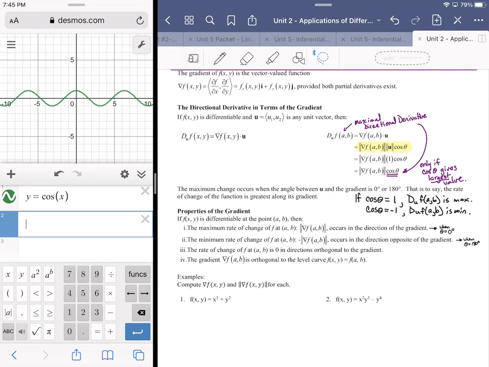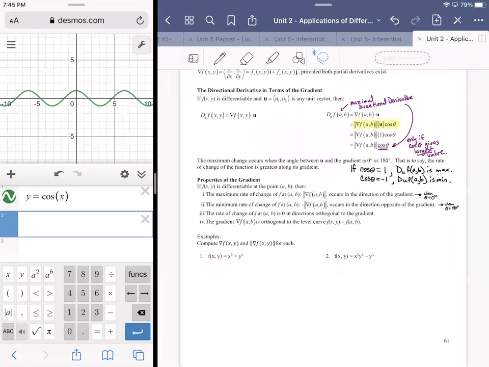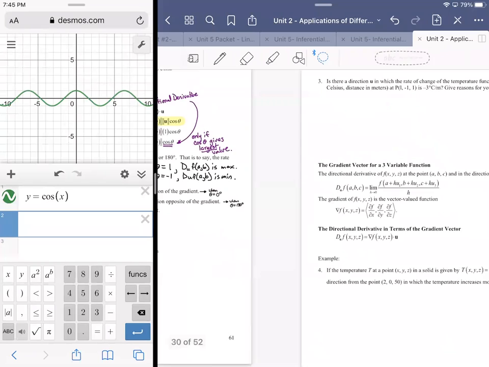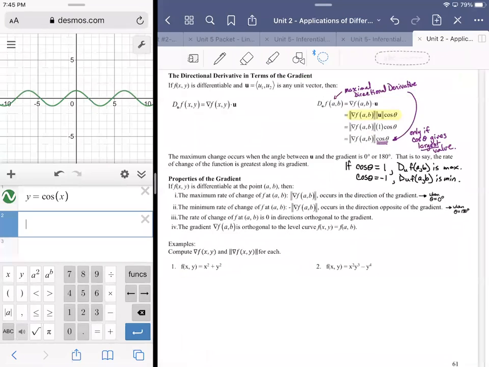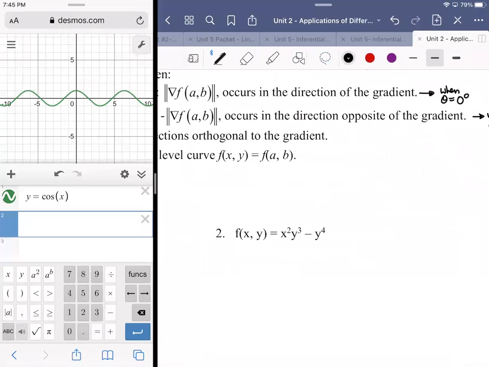In the case of the examples below, and in fact even numbers 3 and 4 on the next page, it really is very simple. If you want the gradient, all you have to do is find the first order partials,